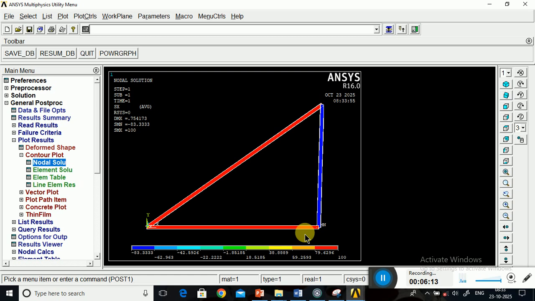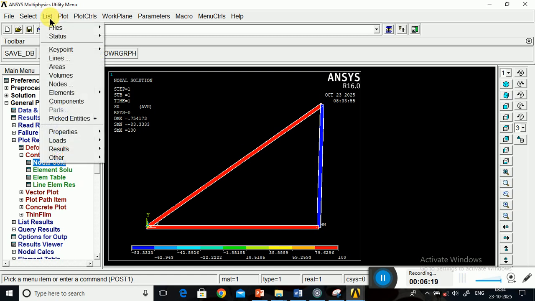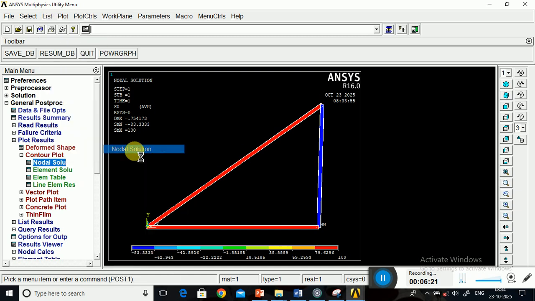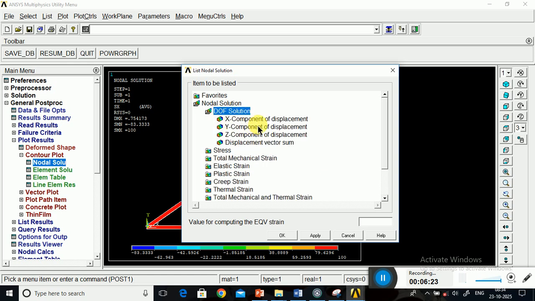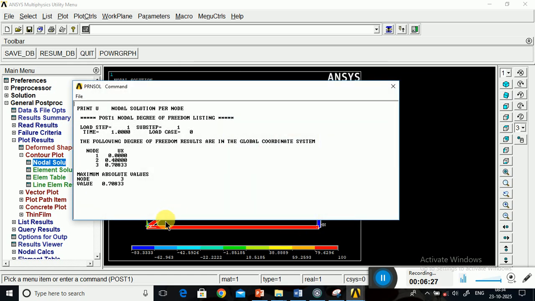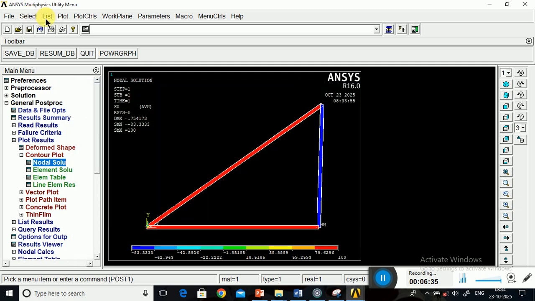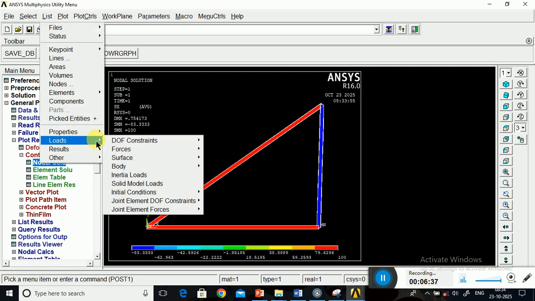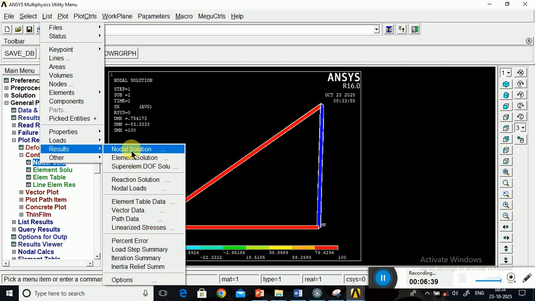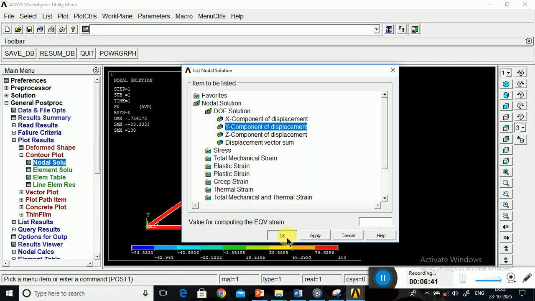You can see the stress values. You can verify this result by the manual calculation, the FEM procedure. Now you can go to List, Results, Nodal Solution, Degrees of Freedom, X component of displacement. You can see the values of x displacement here, node 1, 0, node 2 and node 3. Also you can see the y component of displacement, List Results, Nodal Solution, Y component of displacement.